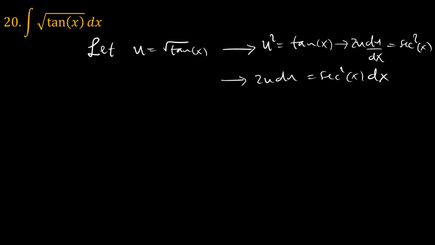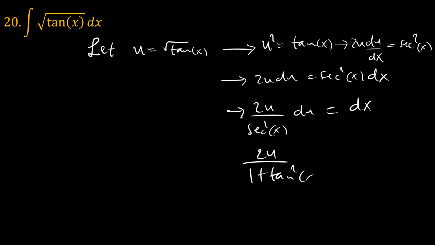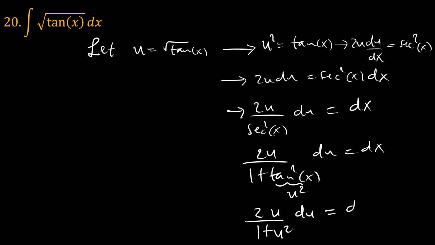Okay, and we can say that this is also the same as 2u over sec squared of x du is equal to dx, which is 2u over 1 plus tangent squared of x du is equal to dx. This here is u squared, so we have 2u over 1 plus u squared du is equal to dx. And so we will put this in a rectangle so that